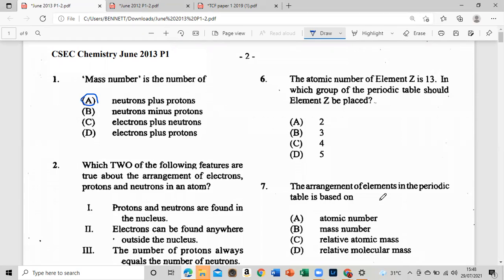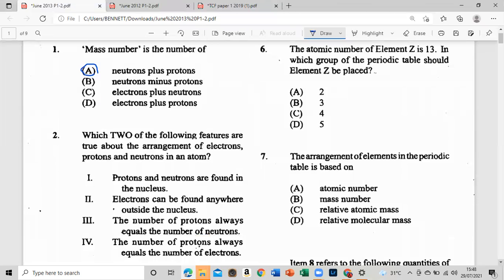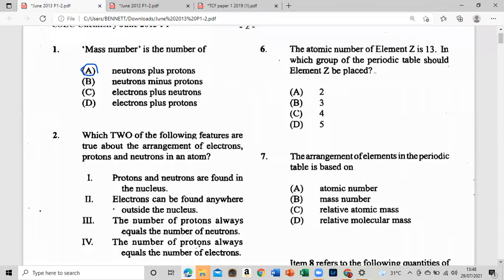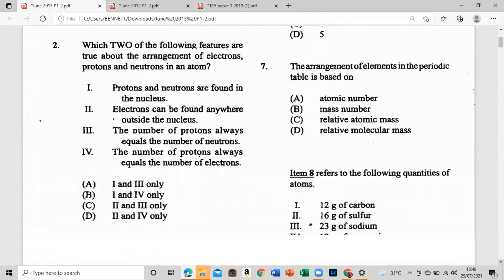Each of the following features are true about the arrangement of electrons, protons, and neutrons in an atom. Protons and neutrons are found in the nucleus. Electrons can be found anywhere outside the nucleus. The number of protons is always equal to the number of neutrons, and the number of protons is always equal to the number of electrons. Let's go down to the options